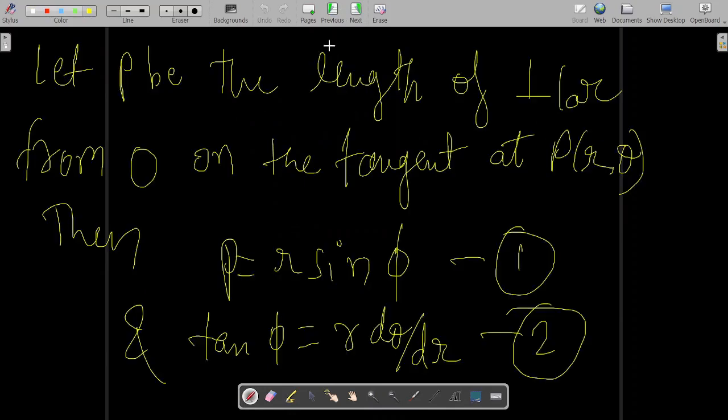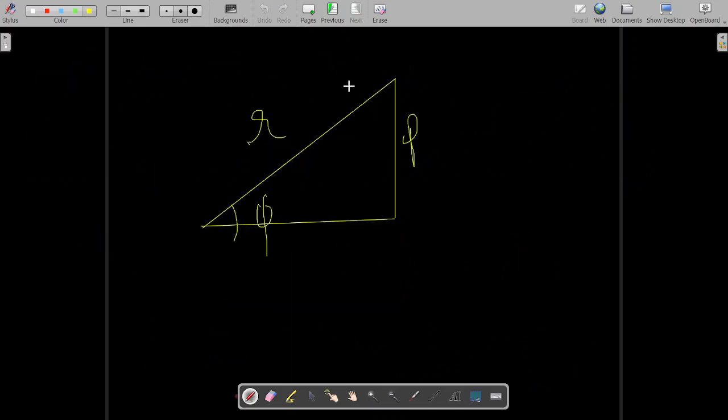So then P is equal to R sin phi. How? By the definition of sin phi, you will have P equal to R sin phi. And how do you get tan phi? Let's see over here. Tan phi will be equal to P